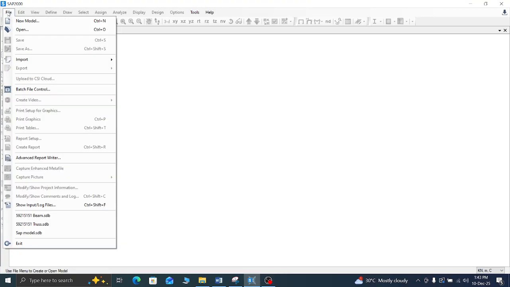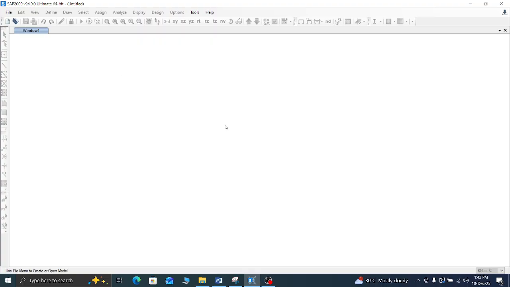Here what I'm going to do is move to the new model. If you want to save, you can only save after selecting the new model. So I'm going to move to the new model first, so it may take a little time. After opening the new model, basically for